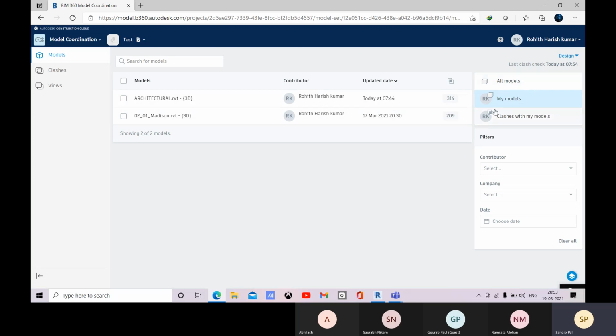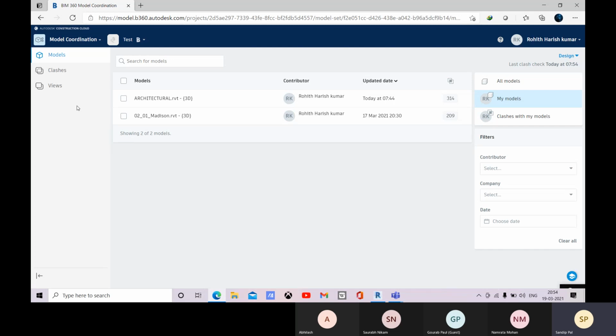So this one and this one will have no difference, but if you are one team member and the project admin has uploaded something within this project, then all these models will include your model and the project admin model as well, and whatever you have uploaded within my model will be accessed.